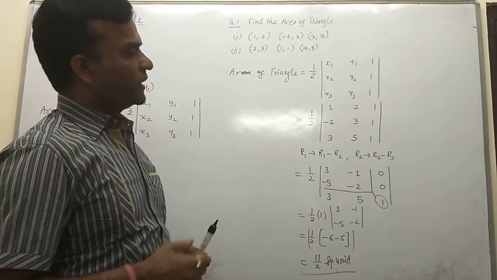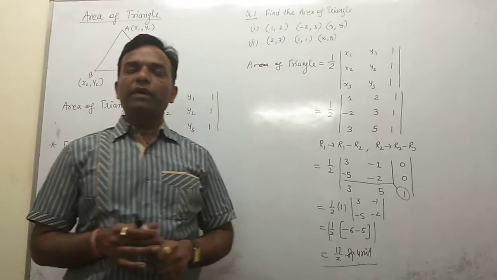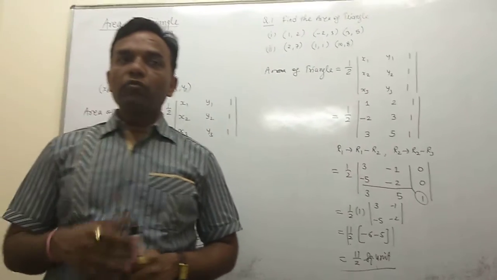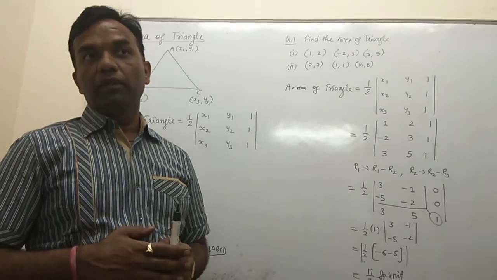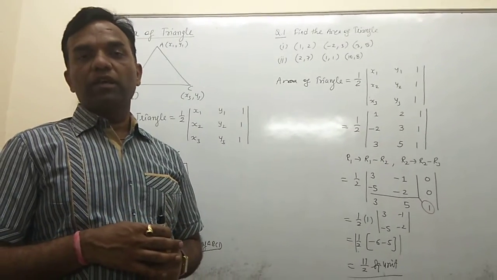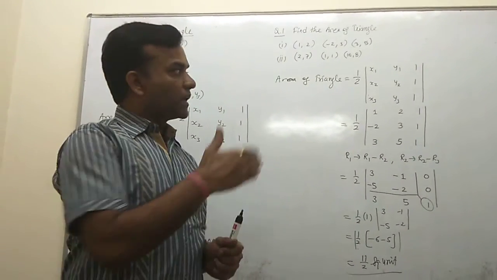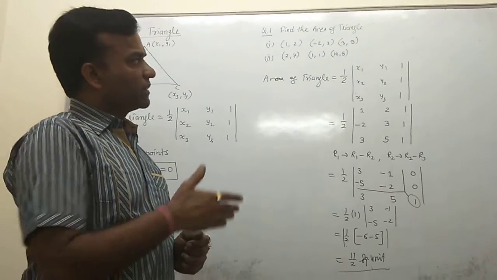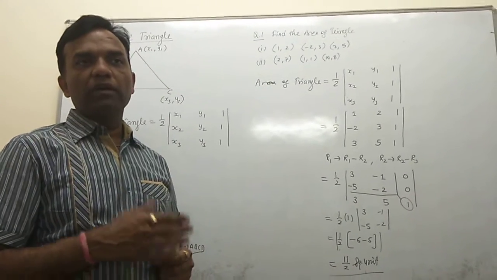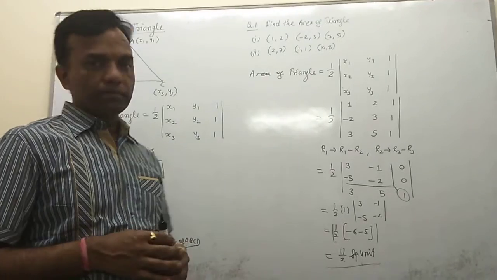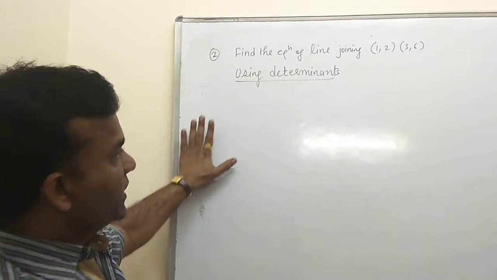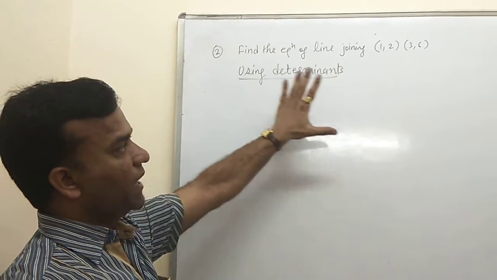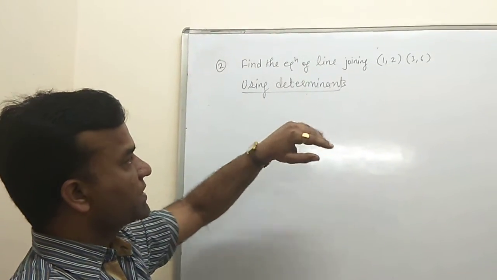Okay, but for some different questions, suppose two coordinate pairs are given and you find the equation of the line. The third point is not given, but from the given ones you find the equation of the line. So now we try two questions: one question related to the unknown term and another question related to the equations. Now we have the question: find the equation of the line joining these two given coordinate pairs.